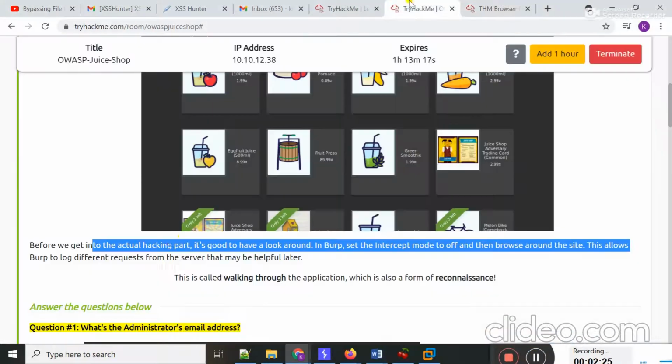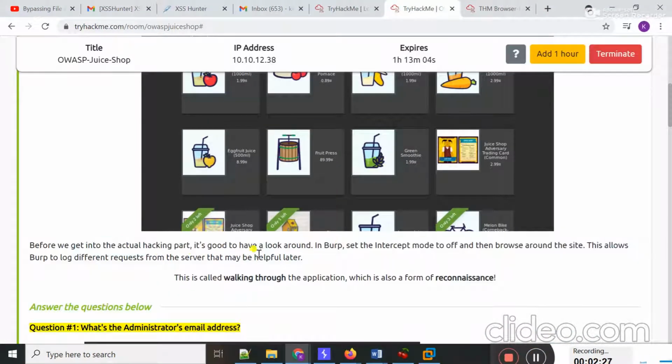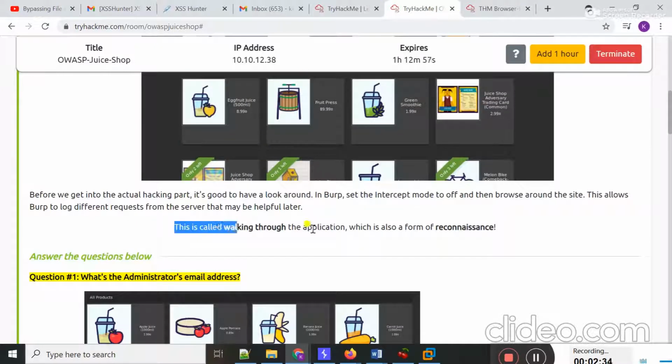Its intercept is off, and I'm going to look around different pages of the website. Basically, this is called walking through the application, which is also a form of reconnaissance.